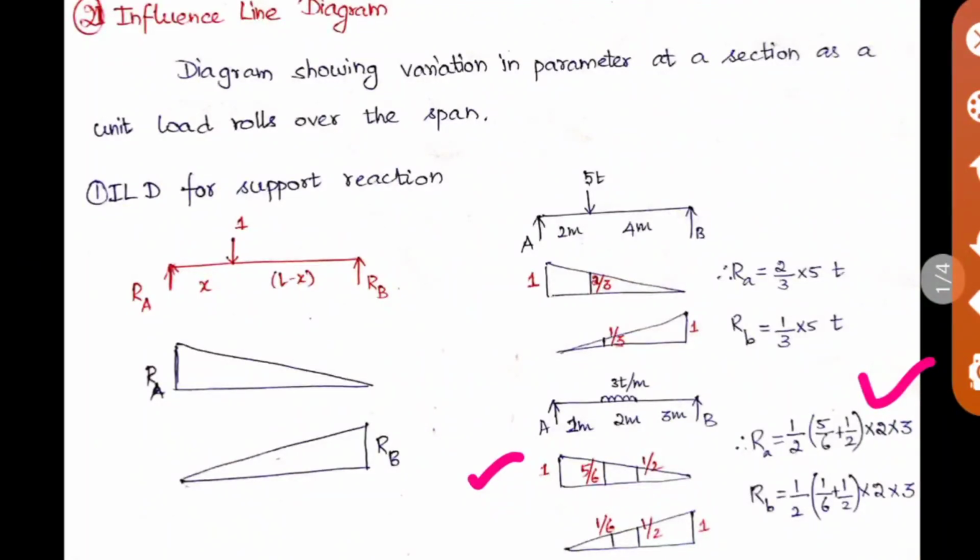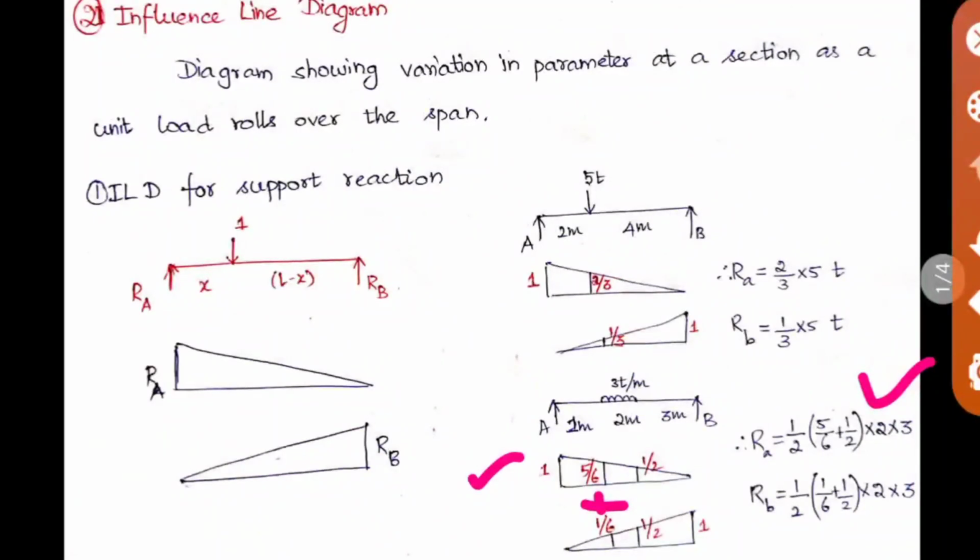The similar thing you have to do for RB also, whereas the ordinates alone differ here. Okay. So if you draw RA and RB, and only a single span beam is given, it is very easy for you. The summation of these two ordinates will be giving 1. So when you find the ordinates for reaction A, it is easy to find the ordinates for reaction B. So if you see here 5 by 6, so 1 by 6. So here 1 by 2 and again 1 by 2. So when you sum it up, you will be getting 1.